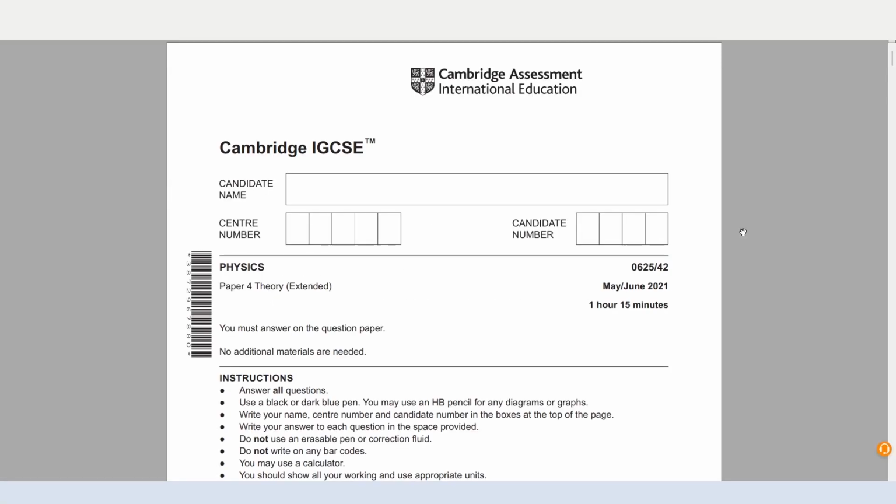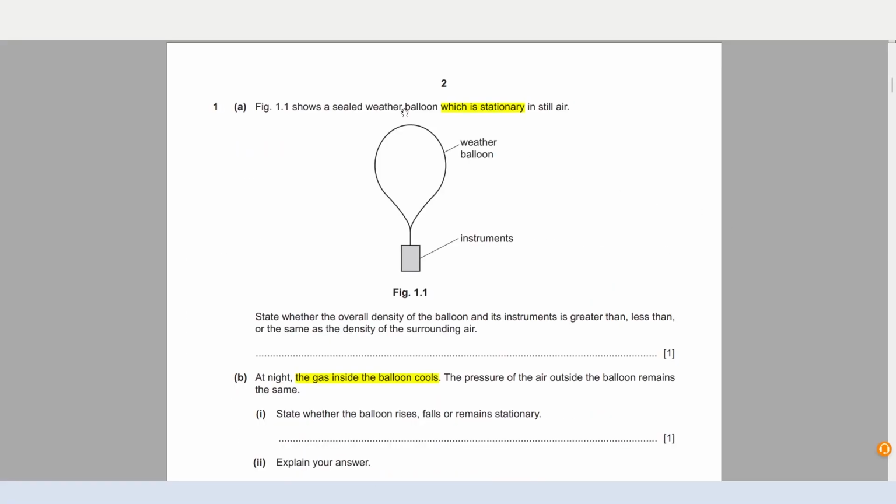We're going to be doing the 0625/42 May/June 2021 paper today. Question number 1. Figure 1.1 shows a sealed weather balloon which is stationary in still air. You should highlight or underline this while reading the question. State whether the overall density of the balloon and its instruments is greater than, less than, or the same as the